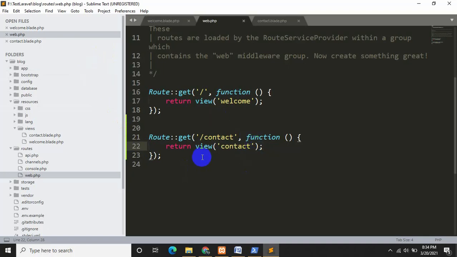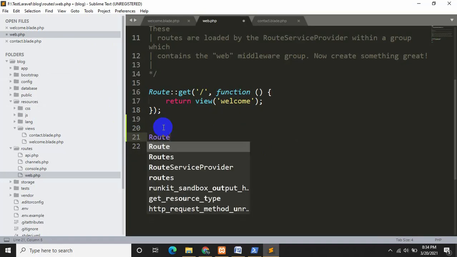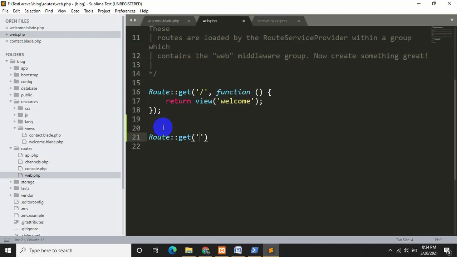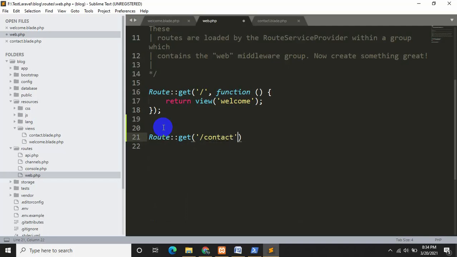I will show you. So for using controller, we need to write, let me just cut it. Okay, we need to write route get and then slash contact, and let's say our controller name will be page controller.